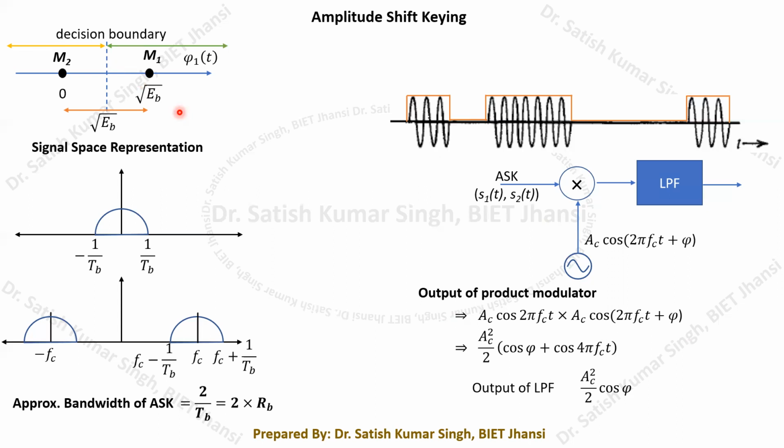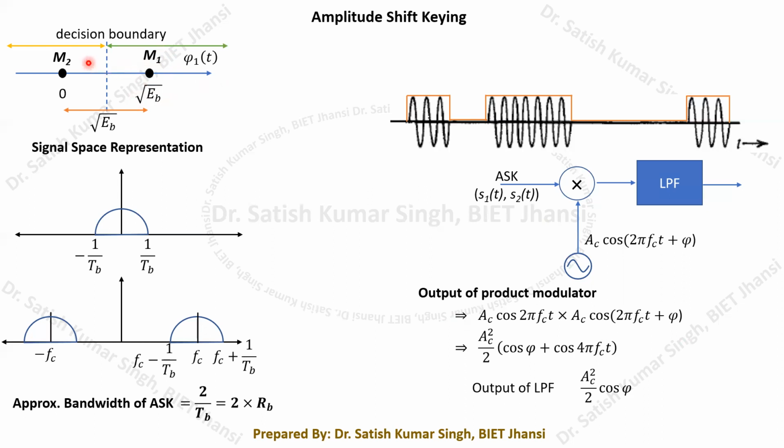This is for this type of modulation. I hope you are able to understand this, and this is a very important discussion. You remember, we have the decision boundary, and because of the presence of noise we have a certain region, and within this region we have to decide whether it corresponds to 1 or to 0. Let us say the noise we have added is too much. Then, if we have sent the carrier corresponding to binary bit 1, and due to the noise its magnitude deteriorates and becomes less than root EB by 2,